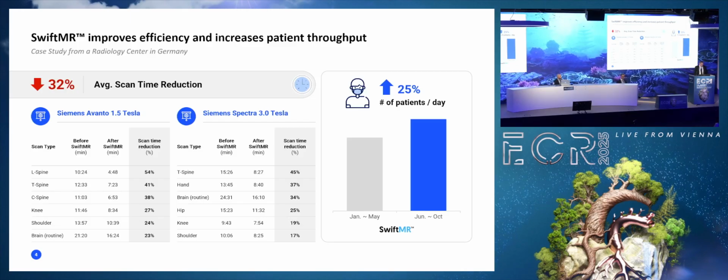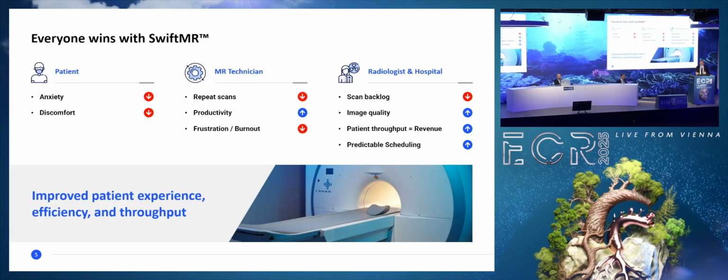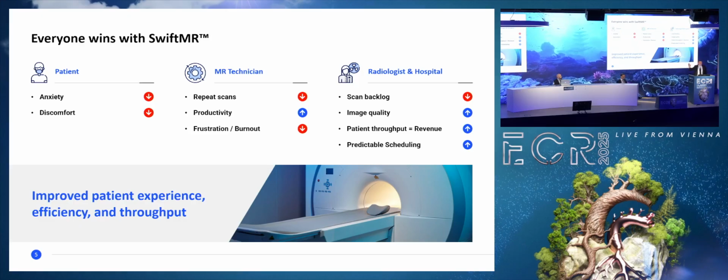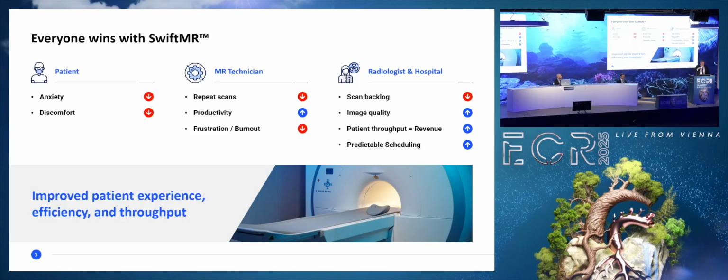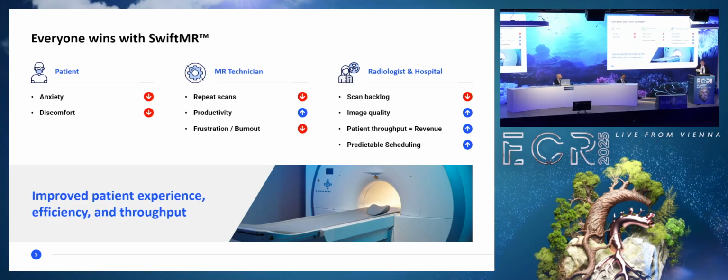In this case, they had the opportunity to scan more patients and to reduce the backlog. So what I want to show you is that we bring value to all stakeholders within the imaging process. It's about reducing anxiety and discomfort by having shorter scan times. For the MR technicians, we have less repeated scans and enhanced